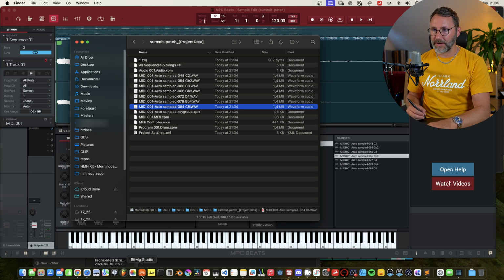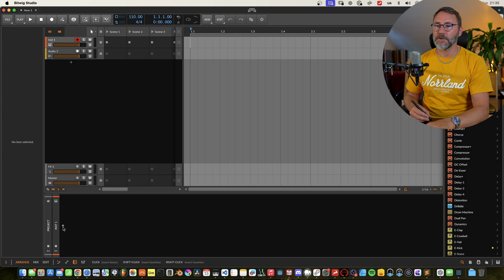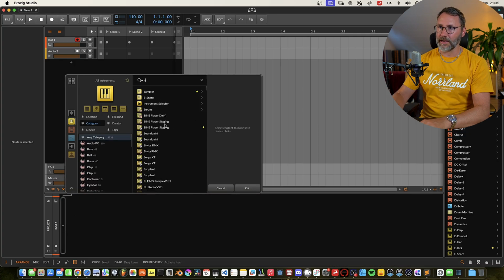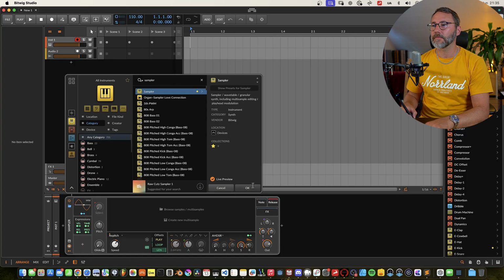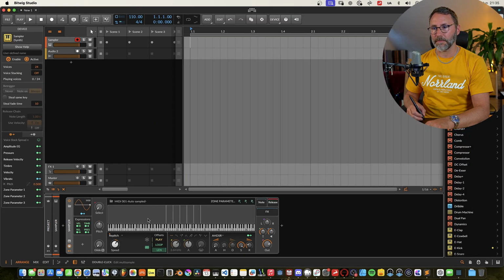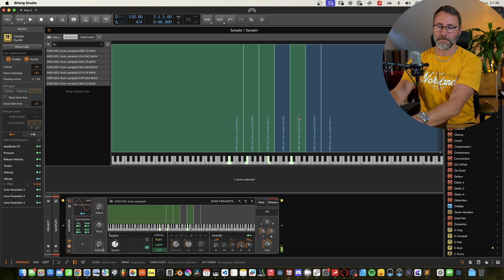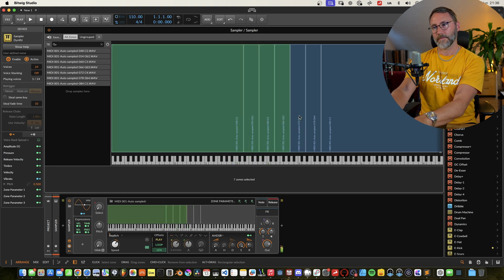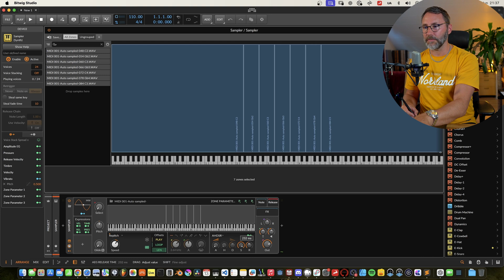First, we're going to try that in Bitwig Studio. We're just going to create a new track and add a sampler, and drag all these samples into the sample window. Maybe give it a little bit more release.